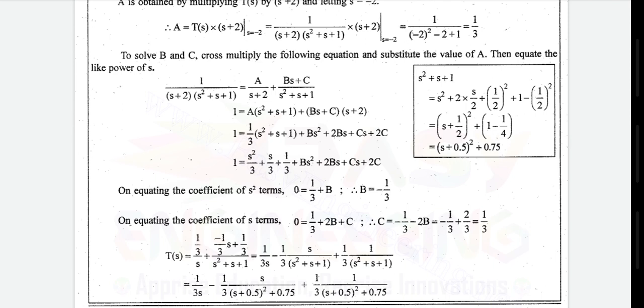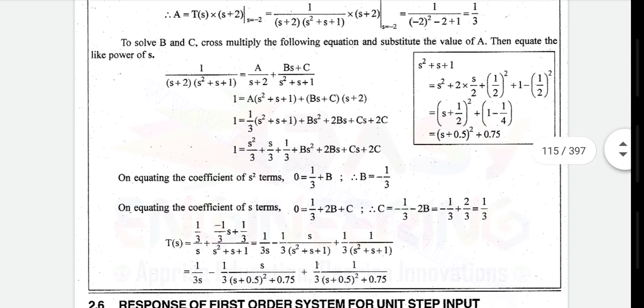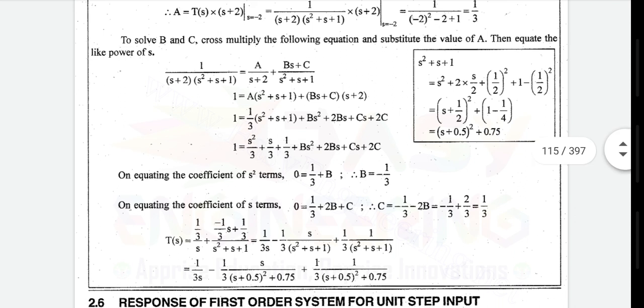ఓకే, హౌ యు ఆర్ డూయింగ్ దిస్ వన్, సో ఎస్ స్క్వేర్ ప్లస్, ఓకే, the s term should not be changed, so you are multiplying and dividing it with 2 into 2, 2 by 2 into s by 2 plus 2xy రావాలమ్మా, s square plus 2xy.